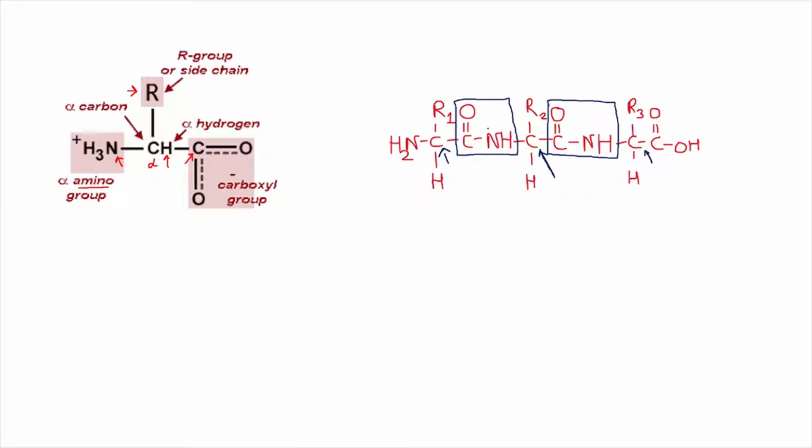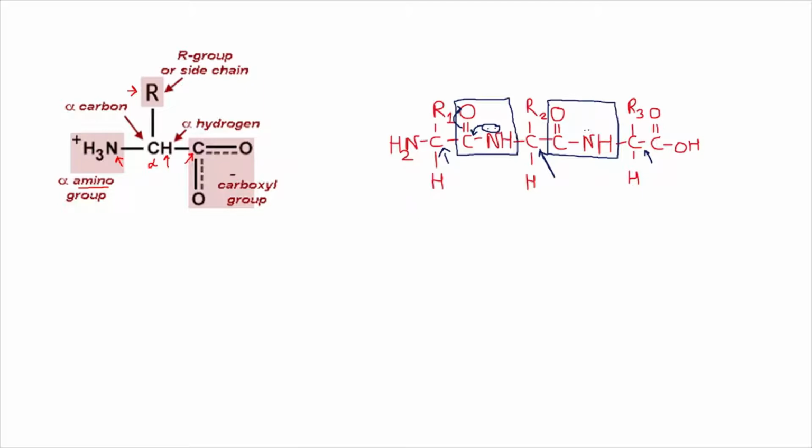You know that the nitrogen atom has a lone pair, because the valency of nitrogen is 5. So there is a lone pair on the head of nitrogen. So what happens? This lone pair will come here and this double bond will shift to the head of oxygen, resulting in resonance. So the lone pair on nitrogen will come to this side, and the double bond between carbon and oxygen will go to the head of oxygen, resulting in the formation of resonance.